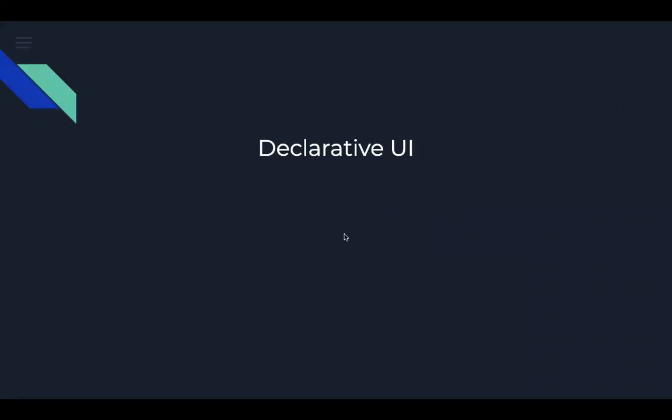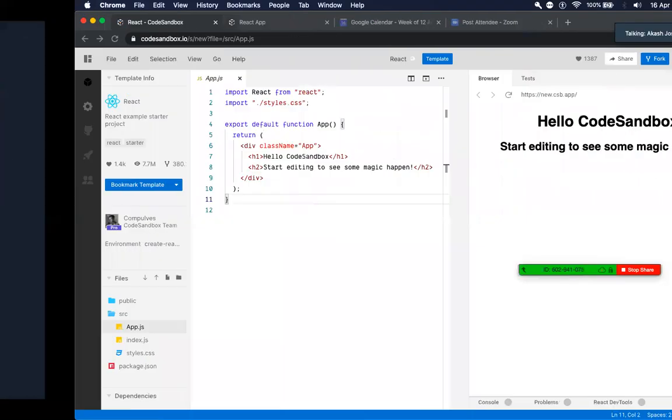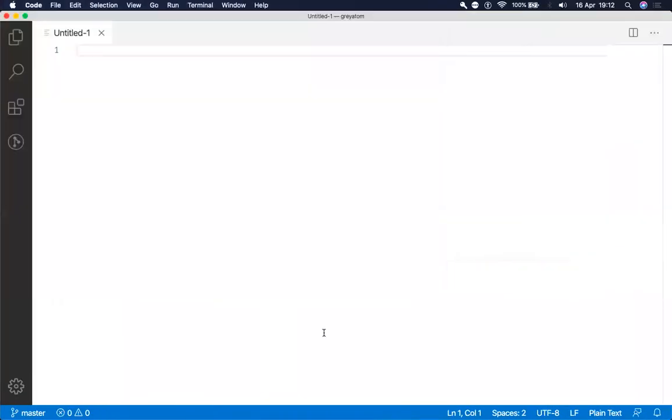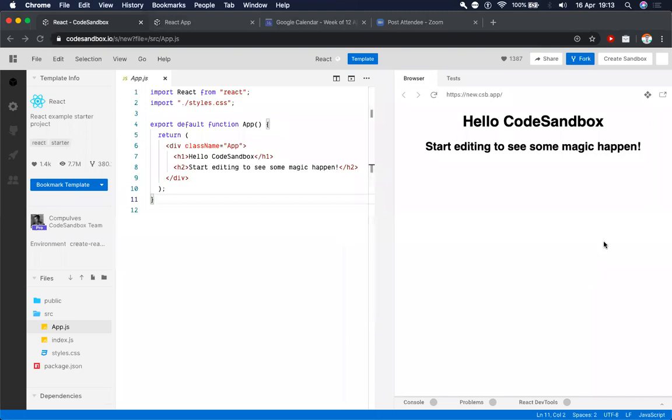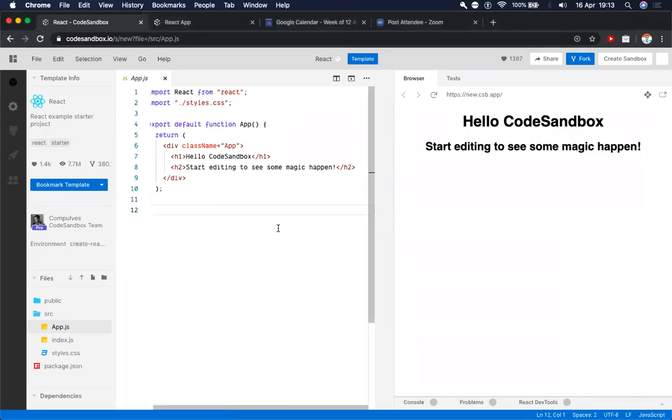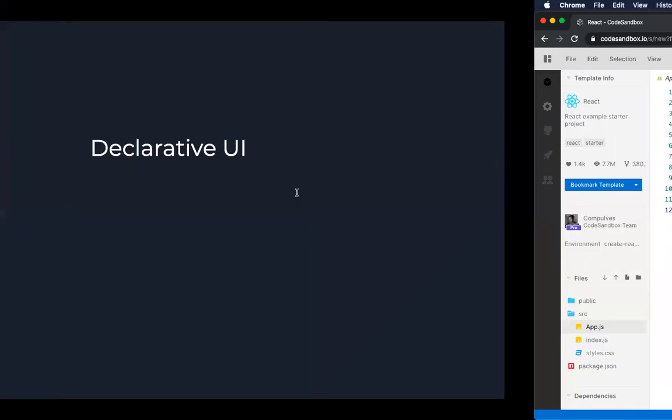So React is basically a declarative UI framework. What declarative frameworks mean is that we tell React how our UI should look at any point. And based on that, React automatically takes the steps to build our UI. So we don't have to write a lot of JavaScript code. React automatically handles where everything should be placed, how everything should look.